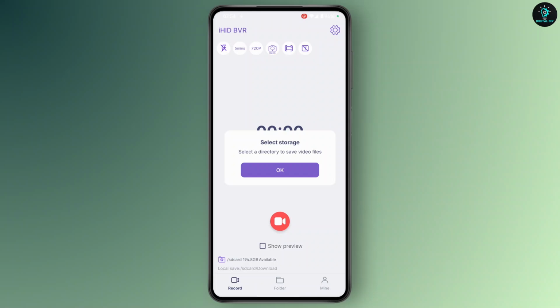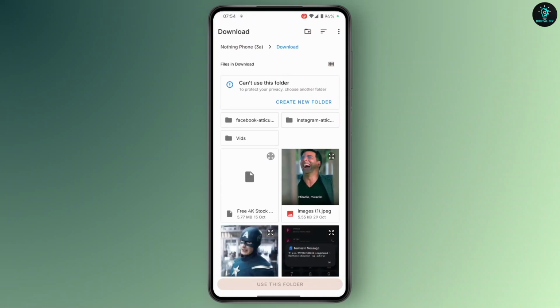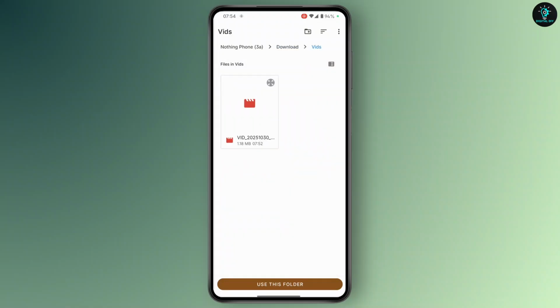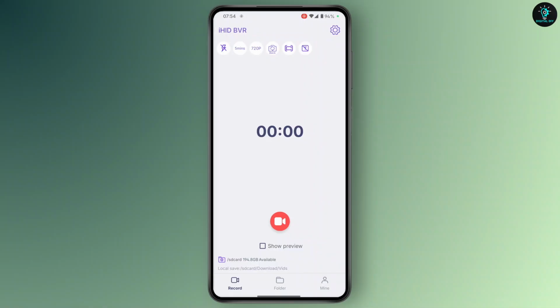and now select a directory. Tap on OK and select a directory. I'll just select the vids directory right here. Then tap on use this folder after you're on the directory that you want. Then tap on allow. And after you do that, all you now have to do is tap on this camera